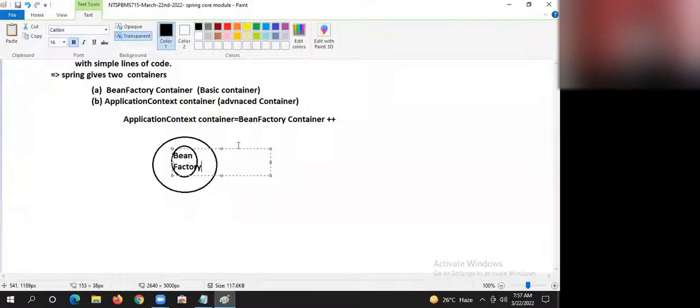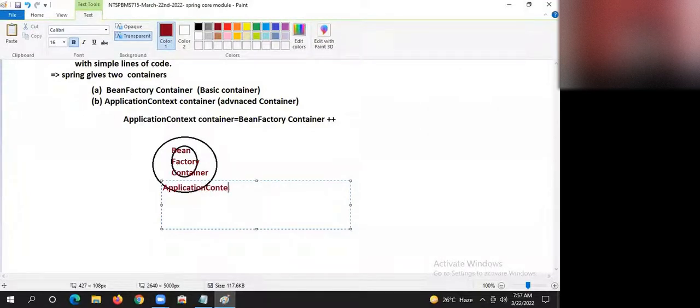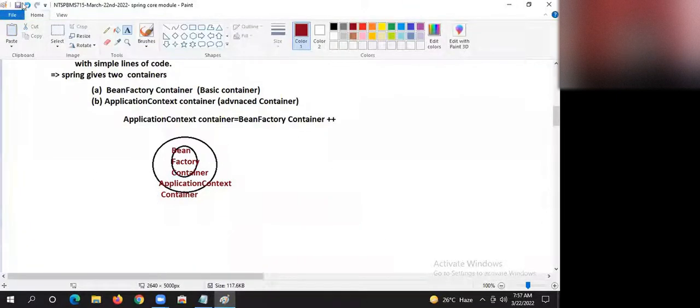Bean factory container. Here is my application context container. Super, guys. Now listen, guys.